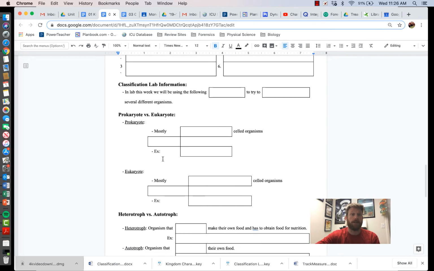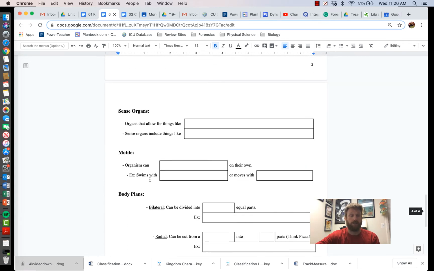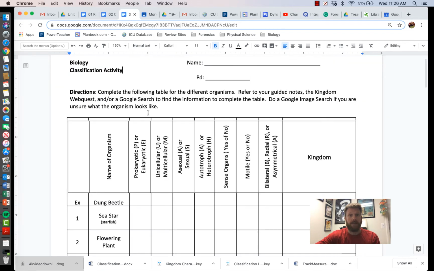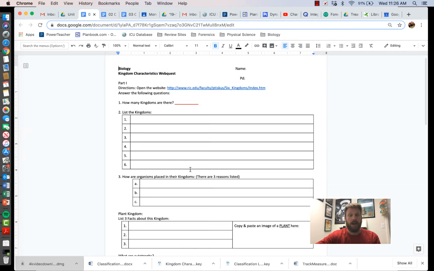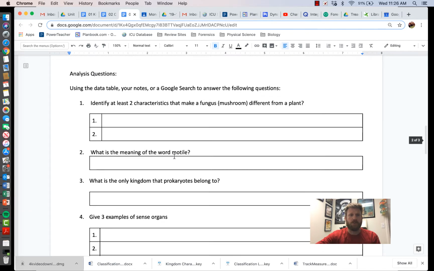activity: whether something's a prokaryote or eukaryote, heterotroph or autotroph, sense organs, motile, different body plans. You're also going to have to identify whether something's unicellular or multicellular, asexual or sexual. Some of those things you may have found out when you did the Kingdom Web Quest. So you probably want both of those Google Docs open while you're doing this. And then all you have to do today is fill out the table and answer these post-lab questions when you